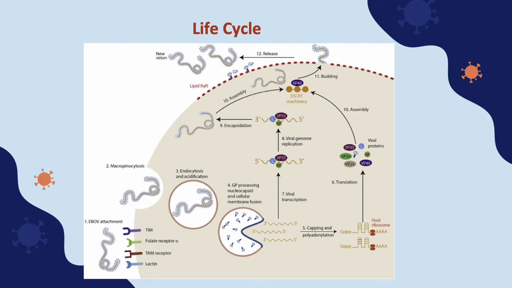Second, it requires two host proteins to process the glycoproteins. The virus needs glycoprotein in order to be released from the vesicle that transported it into the cell. It causes the membranes of the vesicle and the virus to fuse together. Once this fusion occurs, the ribonucleocapsids are released from the vesicle.